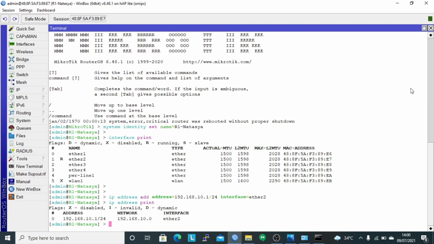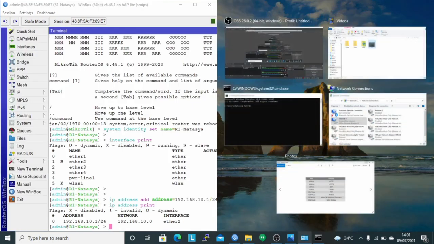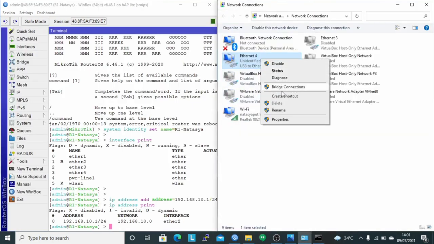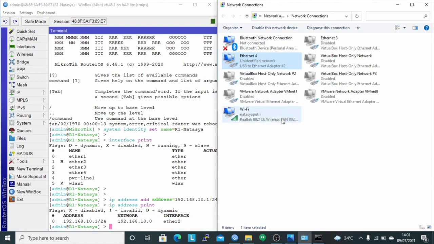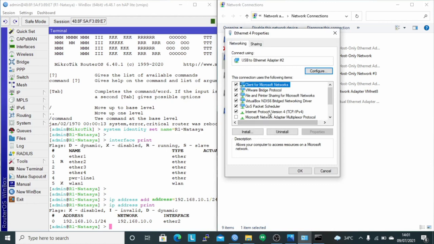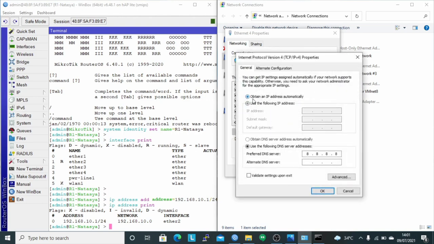And then connect the laptop to the router by configuring a static IP on the client. Here, click Properties and click Internet Protocol version 4. Click Properties and configure the static IP.